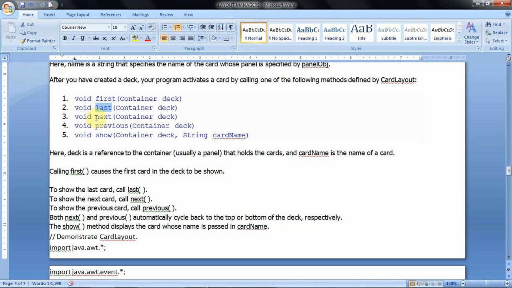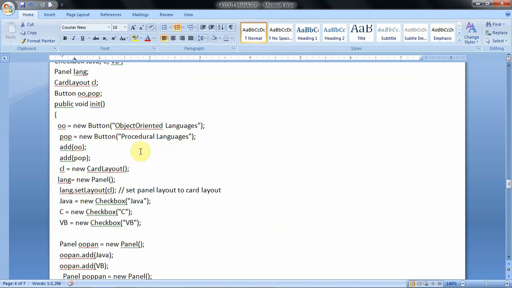Suppose we are at third position, at third card, we want to move to the next card, that is fourth card, we have the method next. So like that, to move to the previous card from the current position, we have a previous method. So to show the particular card, we have the method show. So these are the methods associated with the card layout manager. Compulsory we need to use these methods for implementing the card layout manager.